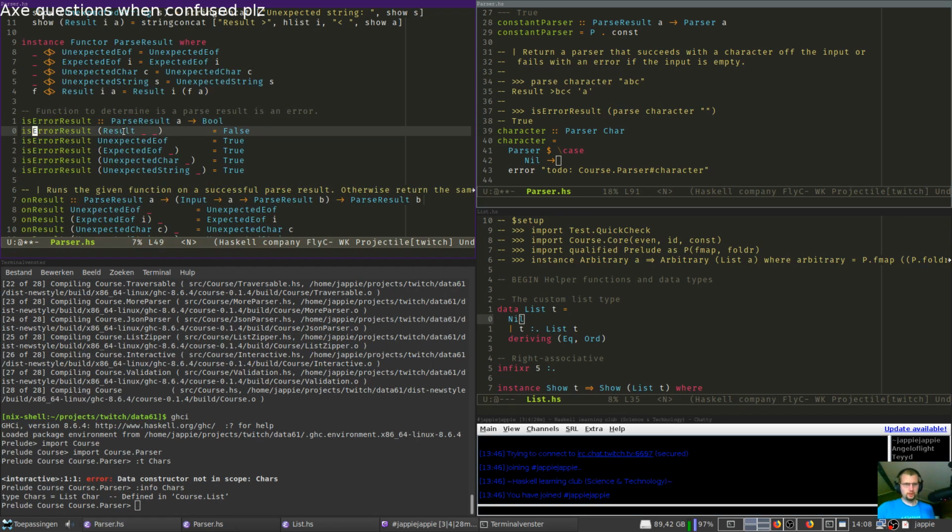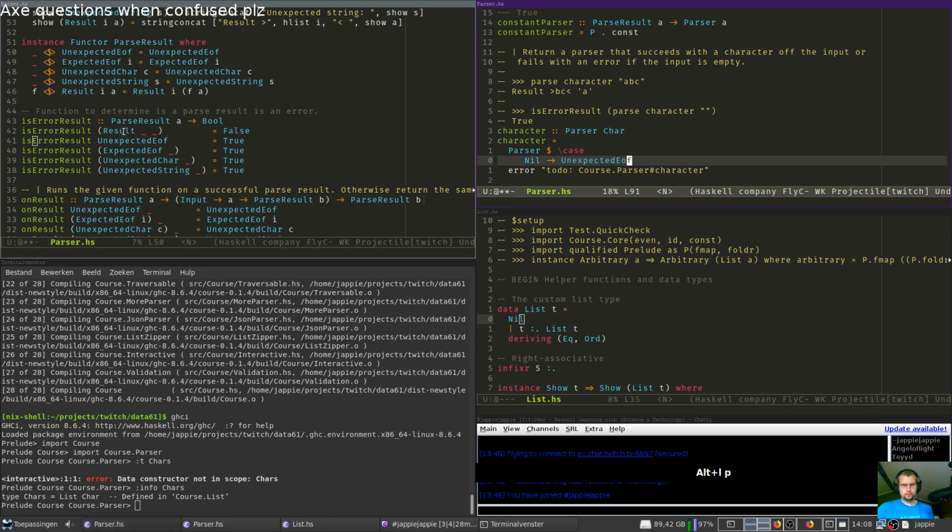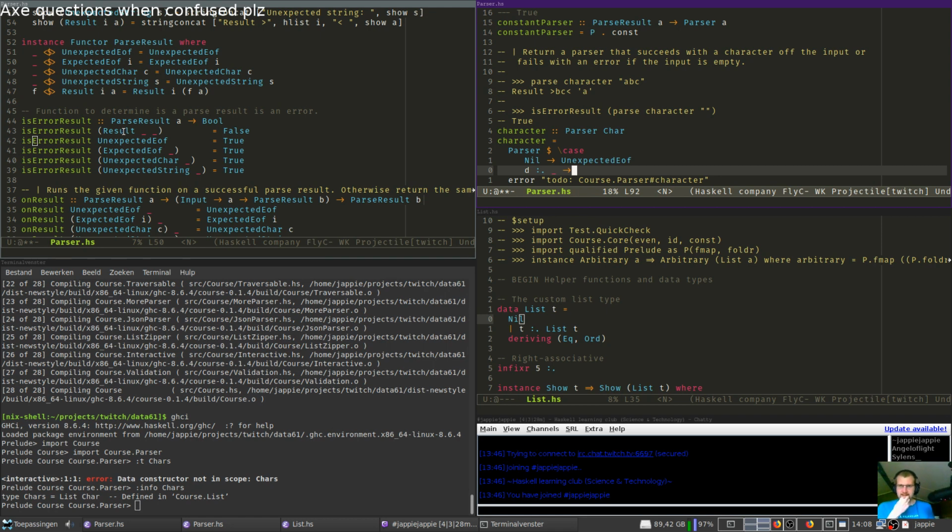First, determine it's a parse result error. Okay. And then we'll do whatever. We'll just put a single one in there, right? Return a parser that succeeds with a character of the input, or fails with an error if the input is just a single character.